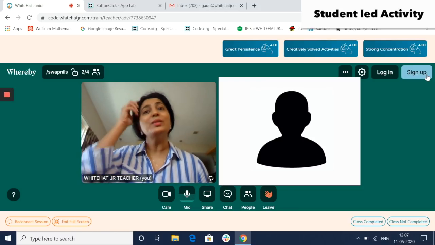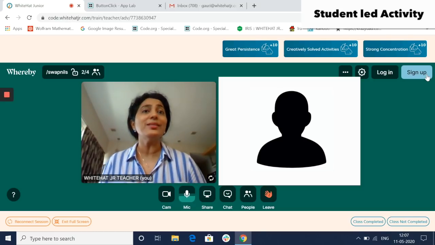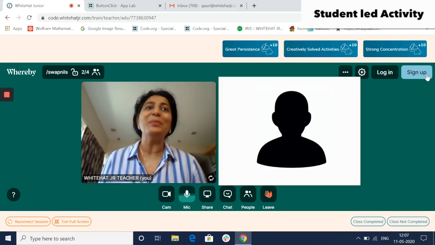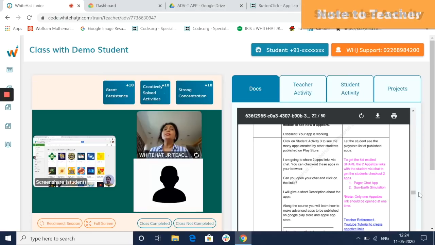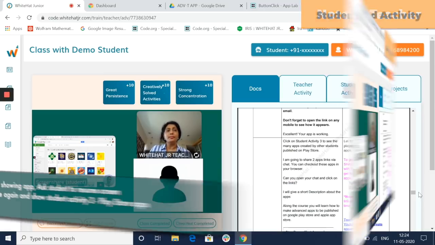And when you send it and post it to your parents, they're going to be thrilled to see that in your first hour of coding, you were able to create an app that works. So these are the many apps created by other students published on the Play Store. Okay. So I'm hoping that you will enroll for the course and create such lovely apps by yourself. Do you see them? All these apps are created by White Hat students.